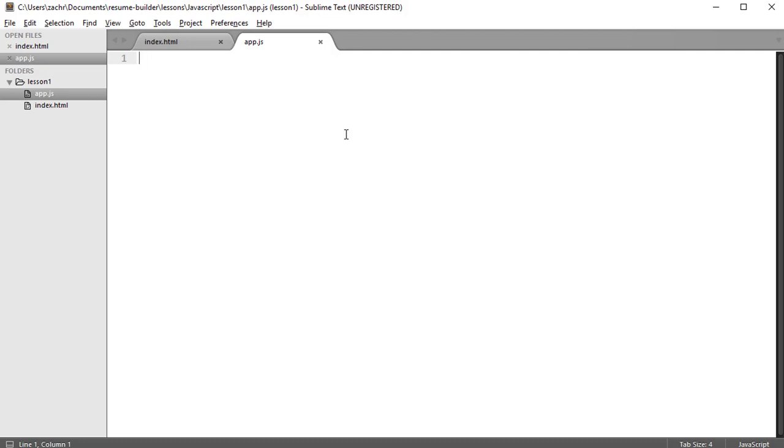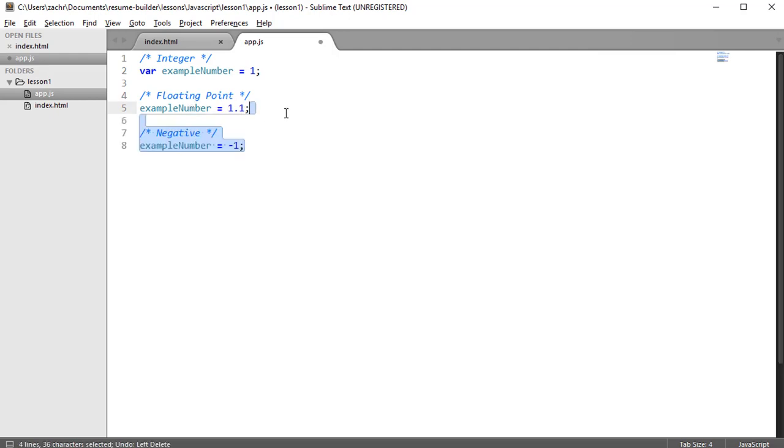The first type of numbers that we can assign to variables are integer numbers. These are simply whole numbers, as we might expect. So here we see nothing new. I simply declare a variable called example number and assign the value 1 to it. We can also deal with floating point numbers. So here I have simply assigned the value 1.1, which is a floating point number, to our example number variable. We can also make numbers negative, both integers and floating point numbers. And we do that by simply adding this negative sign in front of the number. So here I've added the negative sign to an integer or whole number 1